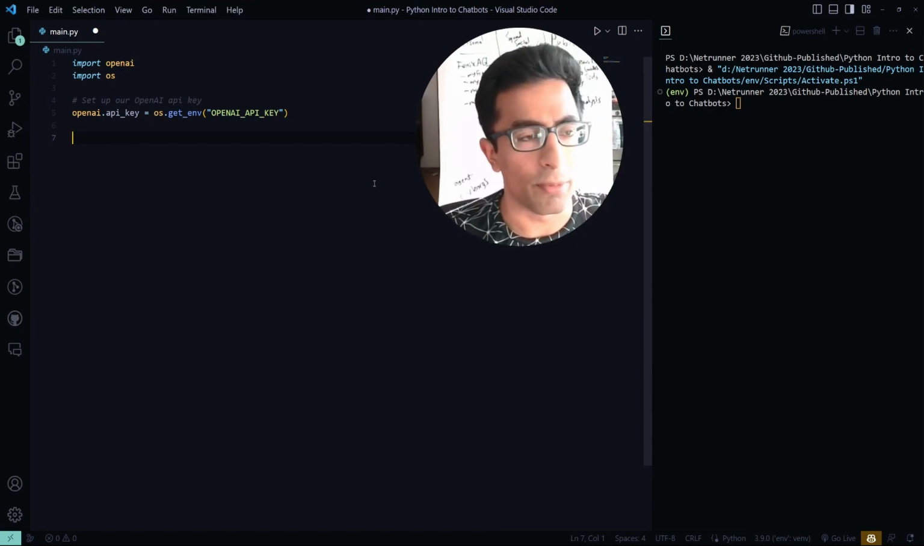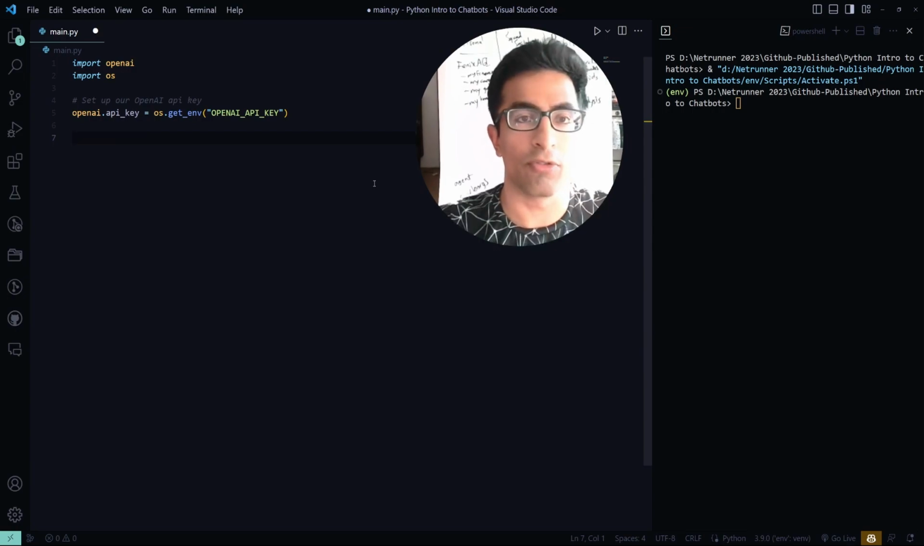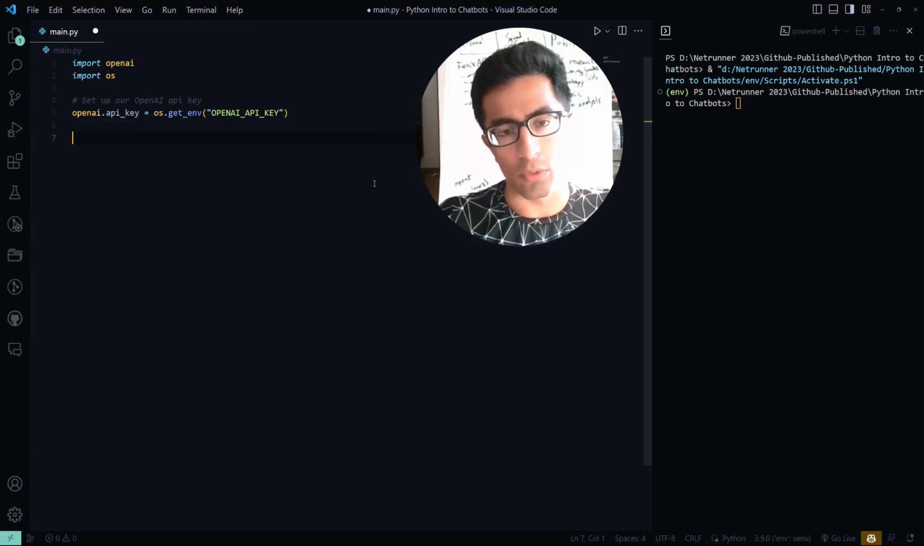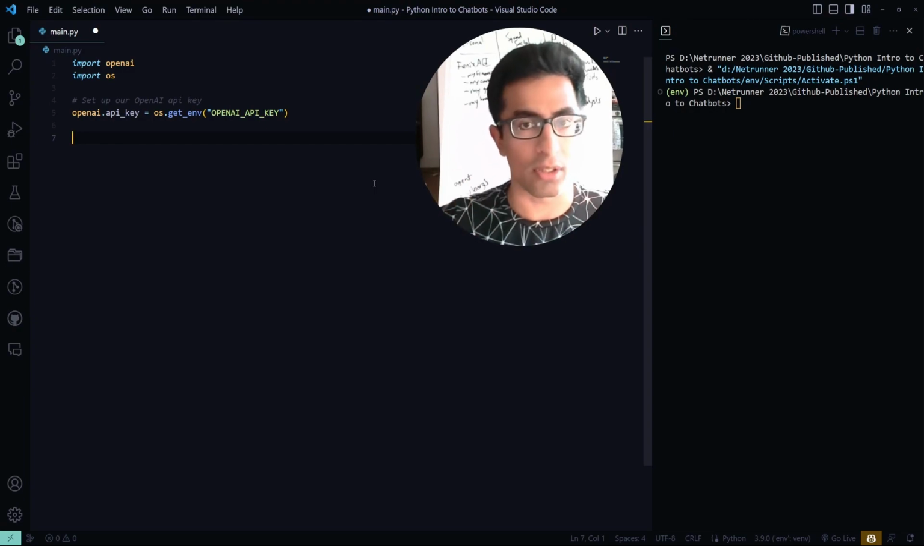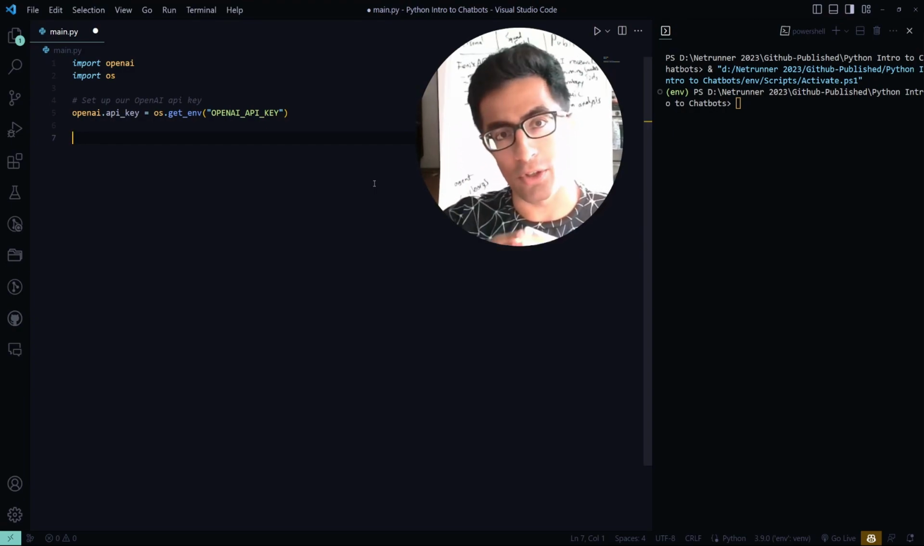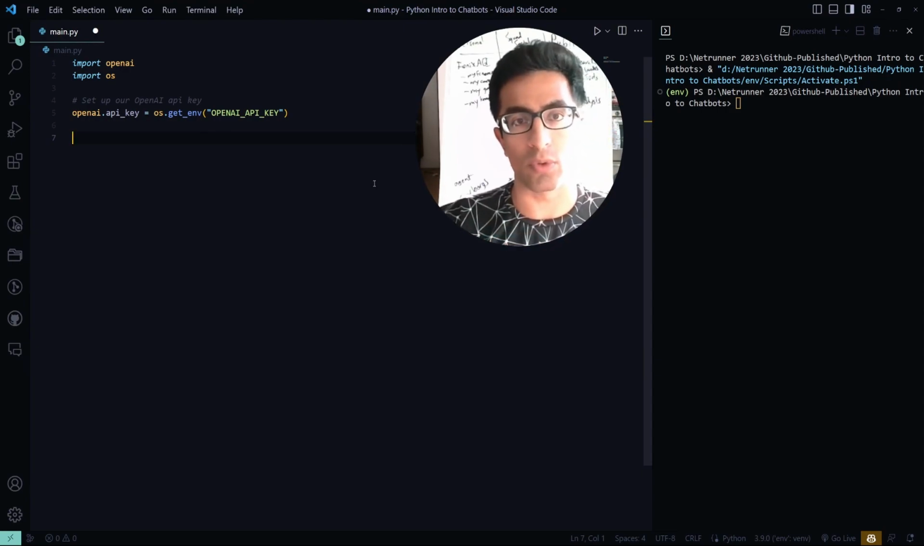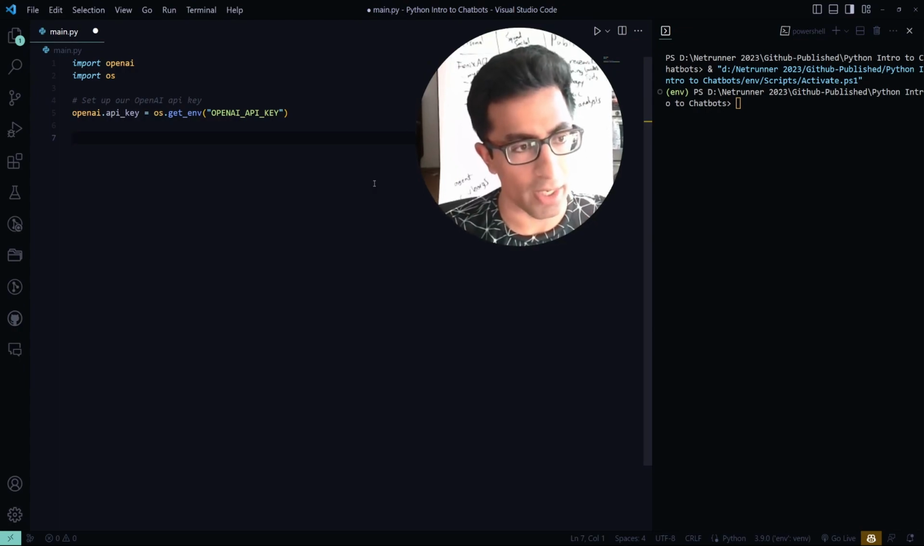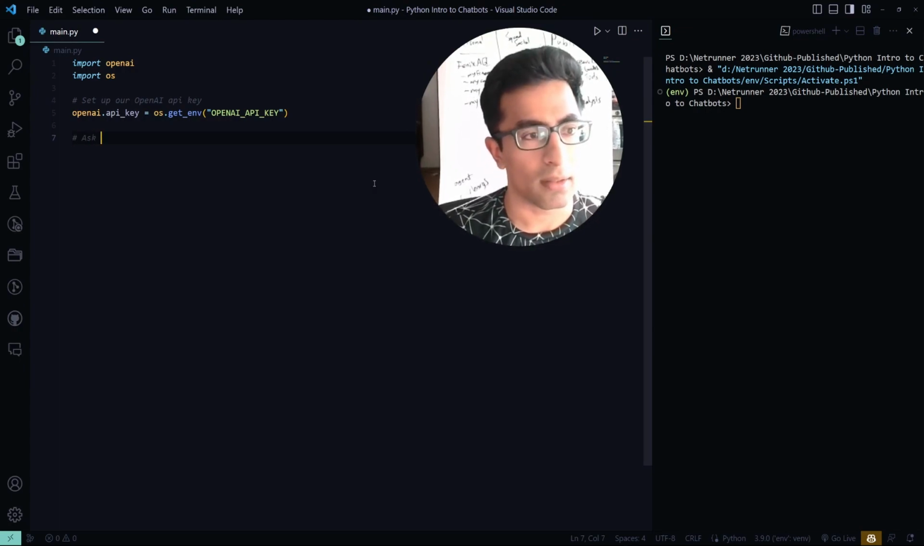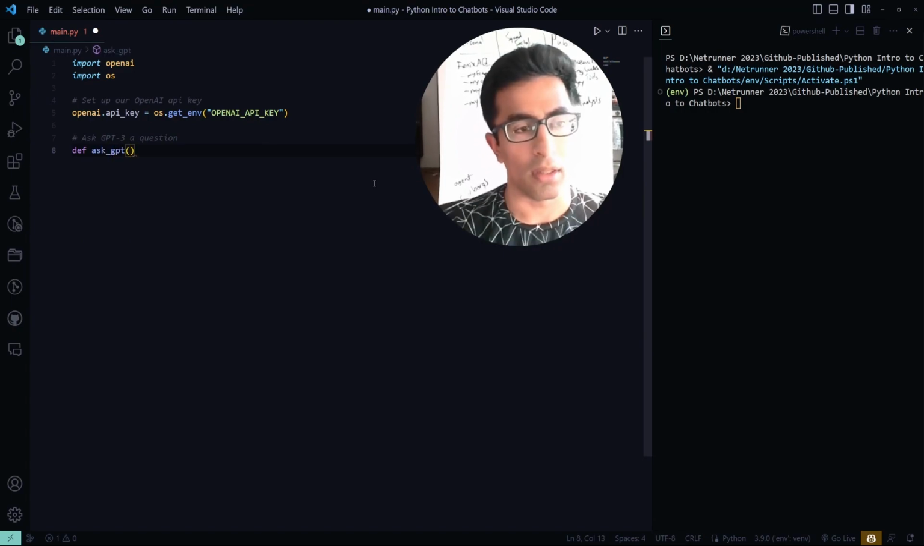And now that we have our API key set up, we want to define the Ask GPT function. So we want to define a function that takes a user's prompt, like a question or a string or a query, and we want to send that to OpenAI and get a chat completion response back from OpenAI. So let's set up that Ask GPT function. Define ask_GPT, and the function is going to take a prompt as a parameter, user prompt,